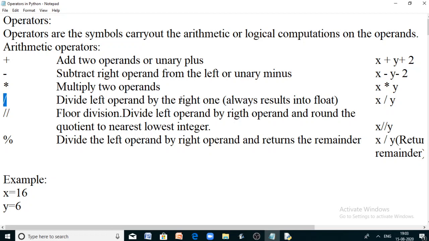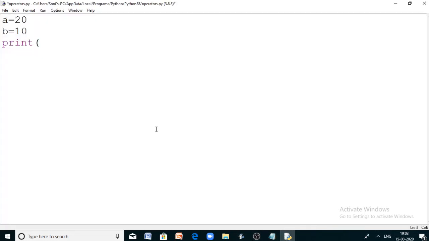And one more important thing is, it always results in a float. That means the quotient will be returned in the form of a fractional number, or a real number, or a decimal number, right? Sometimes when you are dividing a number by another number, your quotient will be in fractional form. That means it will have a decimal point and some digits after the decimal point. In that case, if you want all the decimal digits in that quotient, then you can use single slash division, right? So let us have the demo on this.